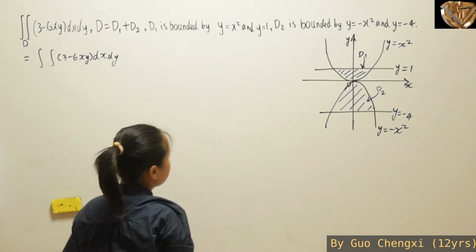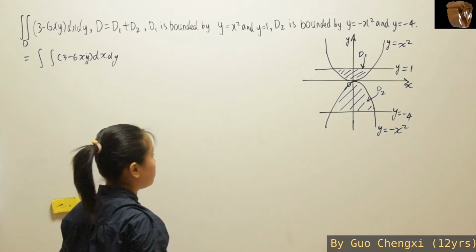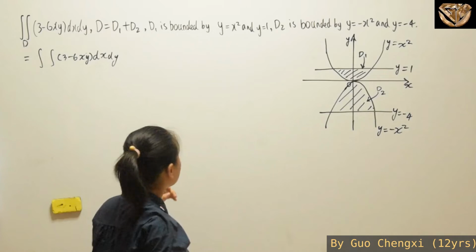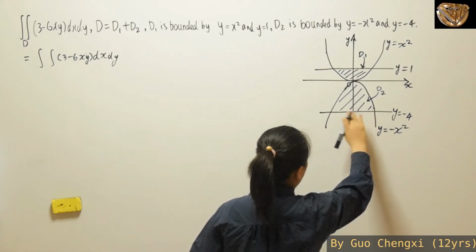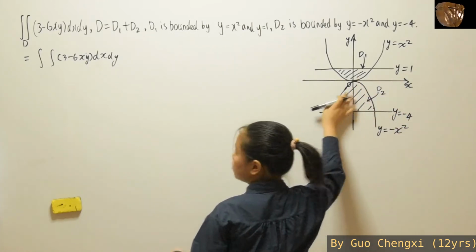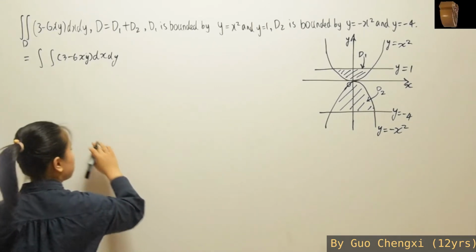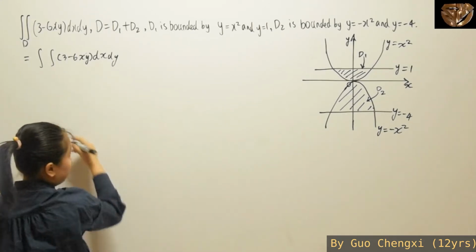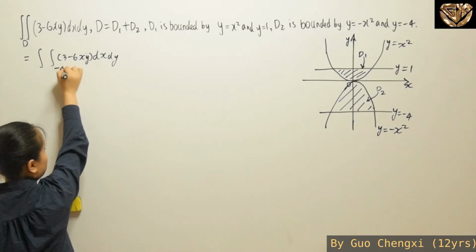So supposedly it will be two different parts. It will be from negative 4 to this function, and then we'll also have this function to 1, right? So I'm going to say for D2 first, it'll be from negative 4 to